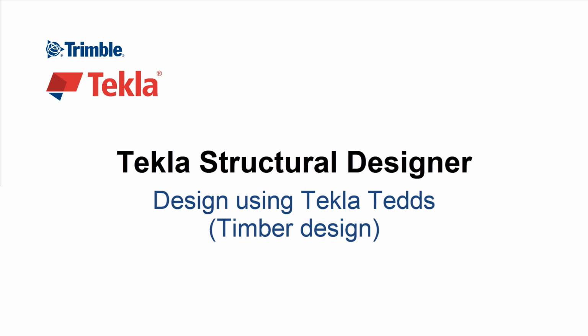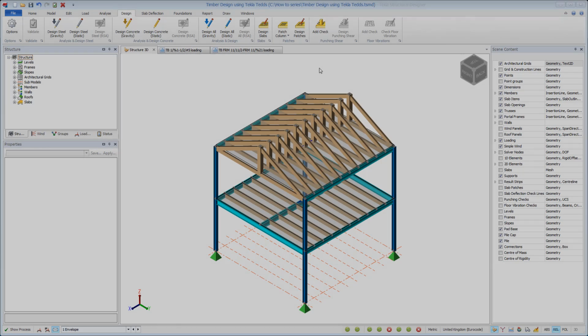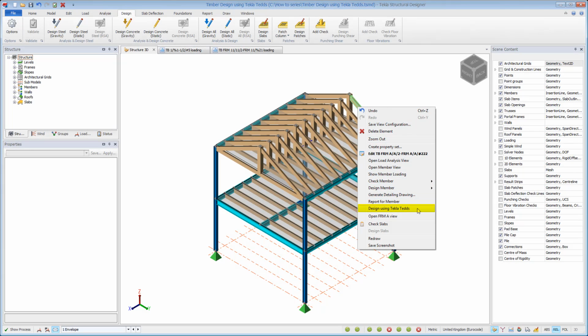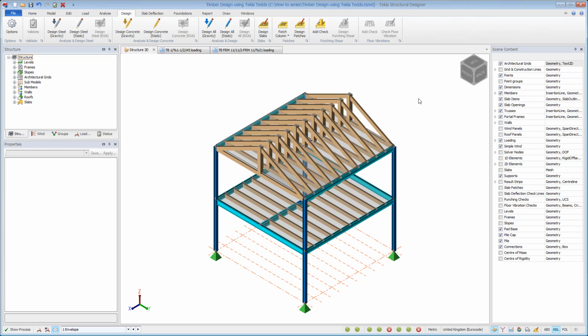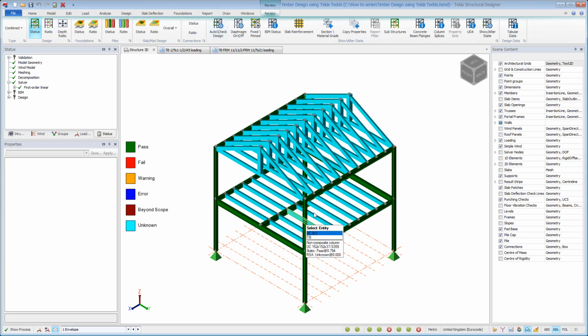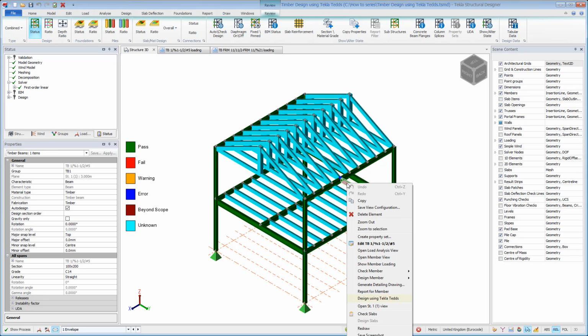This video will highlight the new Tekla Structural Designer 2018 to Tekla Tedds 2018 Timber Design link. Tekla Structural Designer can design the steel and concrete elements. Timber elements are shown as unknown. To design timber elements, a design using Tekla Tedds command has been added to utilize Tekla Tedds 2018's timber member